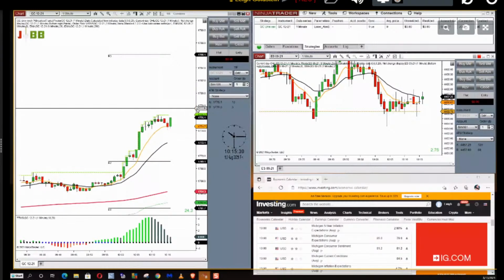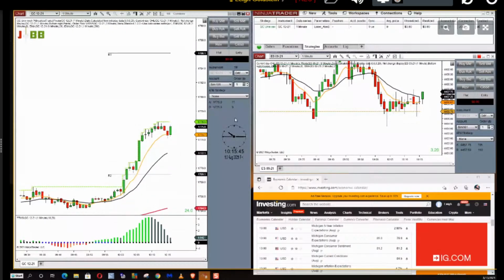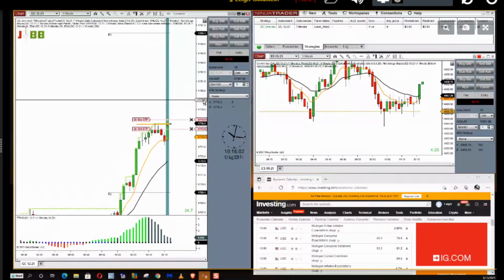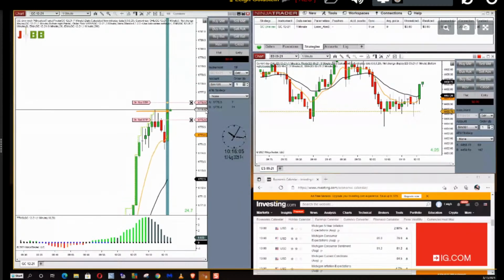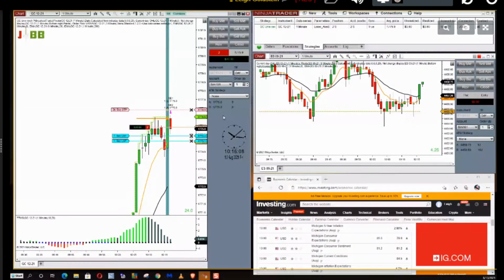And there's not going to be a move of any substance because there's no news at 10:16, but it's going to trigger, it's going to put our orders on the chart. And if you get a 5-tick move one way or the other, it'll put us in a simulated trade. So we got 10 seconds. That's how you create and install a breakout strategy onto the charts. There's our brackets, a little bit small. You can stretch the charts up. And we got a 5-tick move to the downside. Almost looks like the real trade.